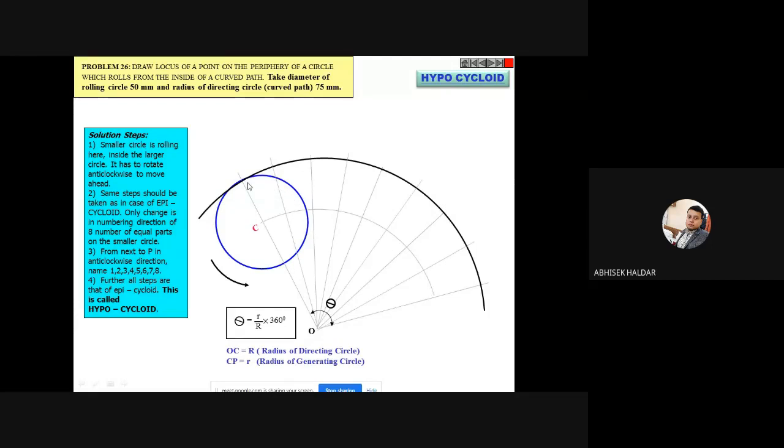But my suggestion is first you divide this circle into 8 equal parts. Then you divide these angles into 8 equal parts. Then you draw the arcs. Is that clear? I'm repeating. First, you divide this circle into 8 equal parts, like you have done for the epicycloid, same method. Then you divide this angle into 8 equal parts, by your bisection method or by taking angles. Then you draw those arcs that we have shown. But here I think they have shown it earlier. This is the final position of the circle. The sequence is not okay over here, but I'm showing you all the arcs.